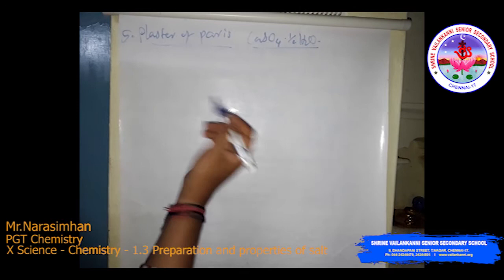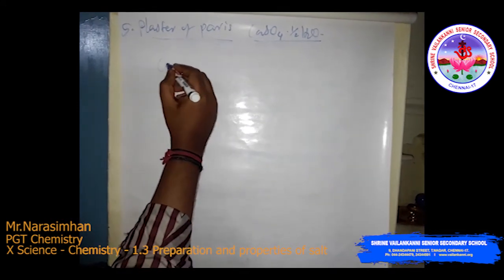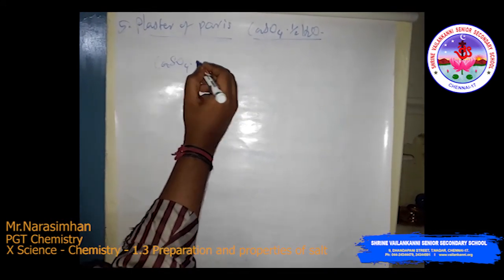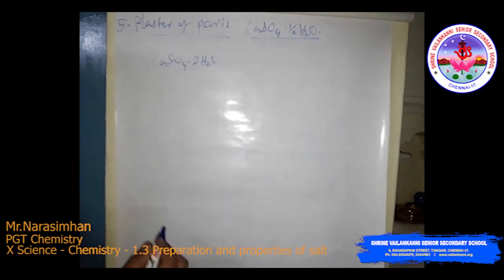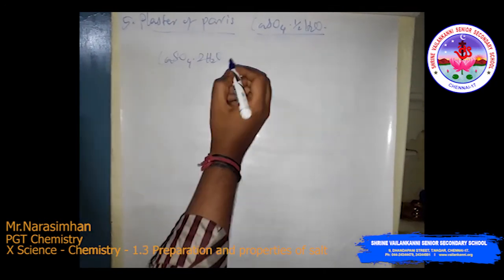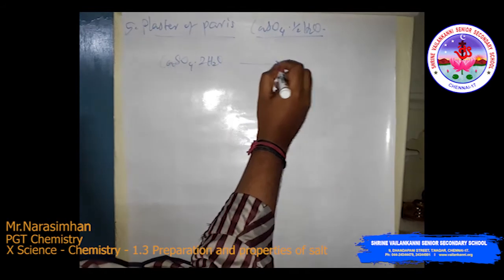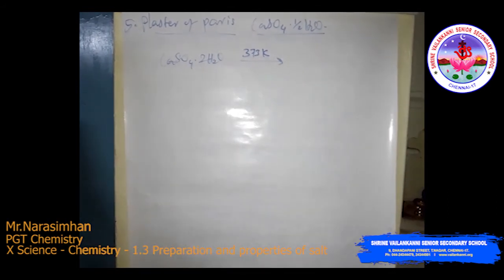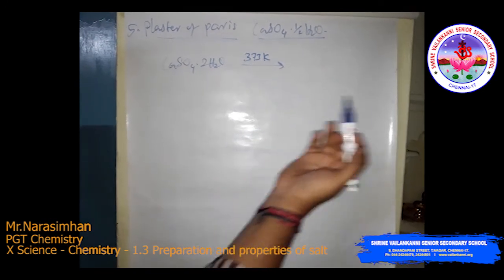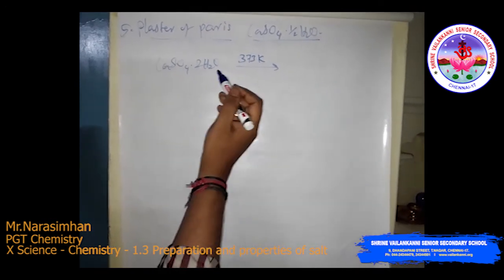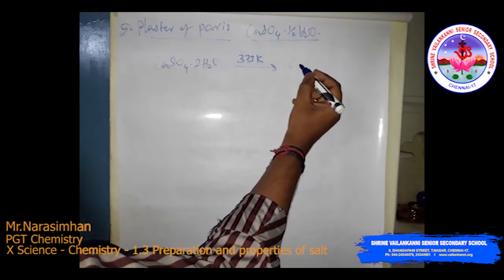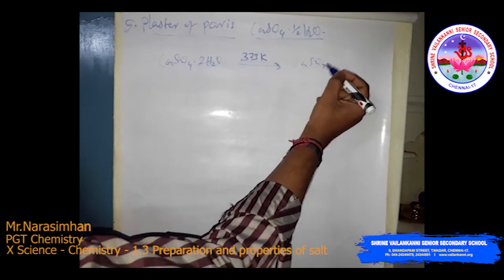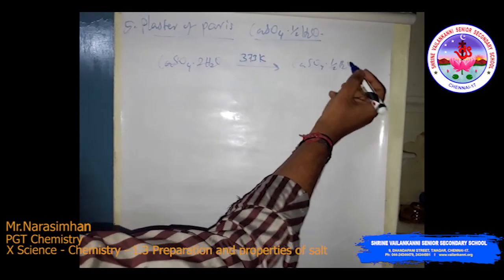The gypsum salt formula is CaSO4.2H2O. When gypsum is heated at 373 Kelvin or 100 degrees Celsius, it loses water molecules to produce calcium sulfate hemihydrate